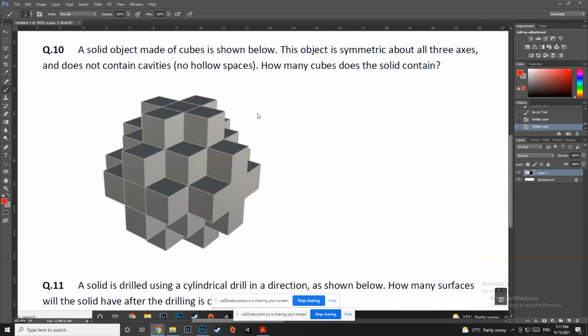Right? Okay. So why I was emphasizing this question is because normally what we tend to do is count each of them. 1, 2, 3, 4, 5, 6, 7, 8, 9, 10, then 2 more at the back, 11, 12, then 14, 15, 16, 17, like that. And that will definitely confuse you.